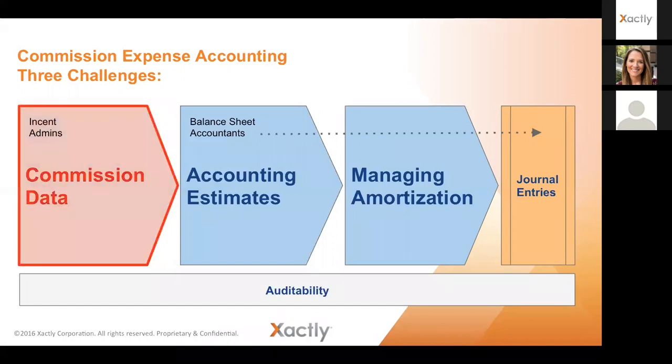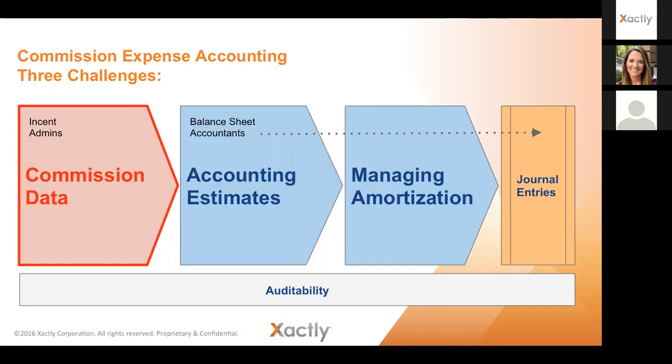So in today's presentation, my imperative is that we focus on ensuring you have the right information to support making intelligent estimates and developing workable methods for managing that amortization.